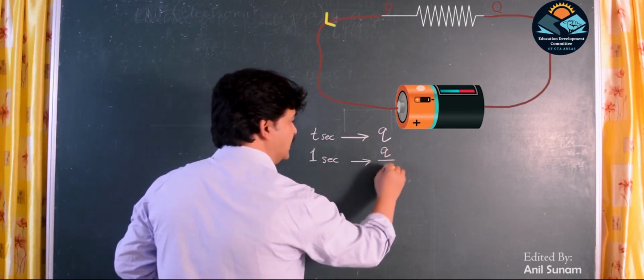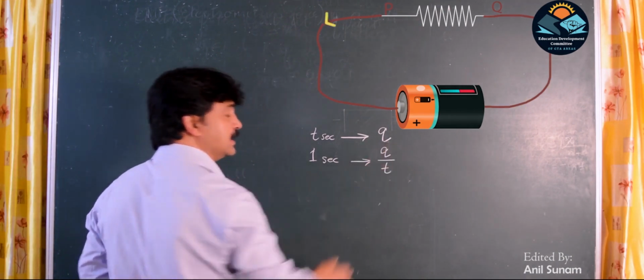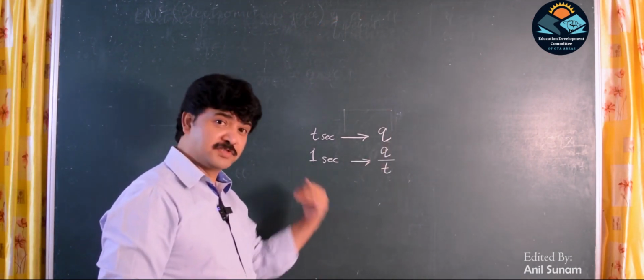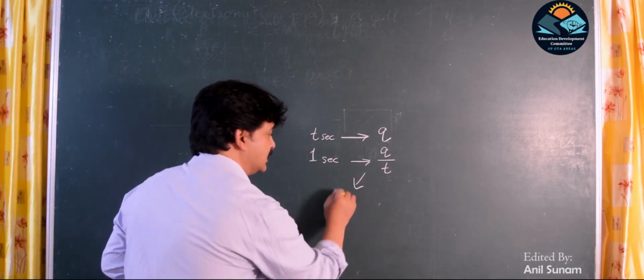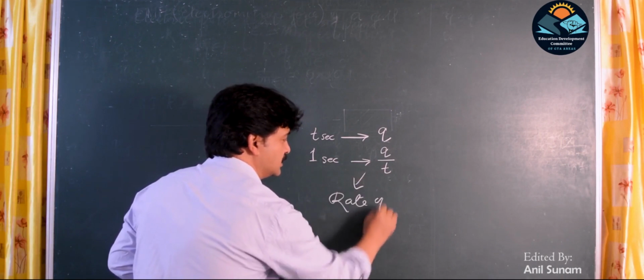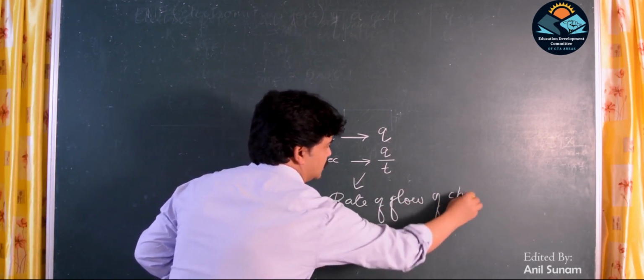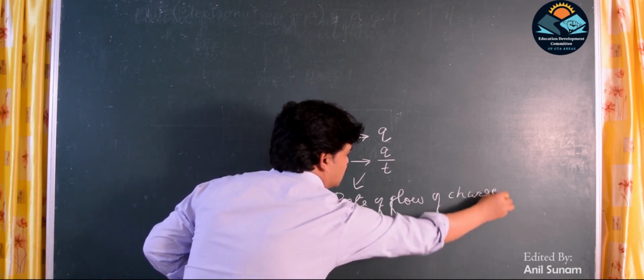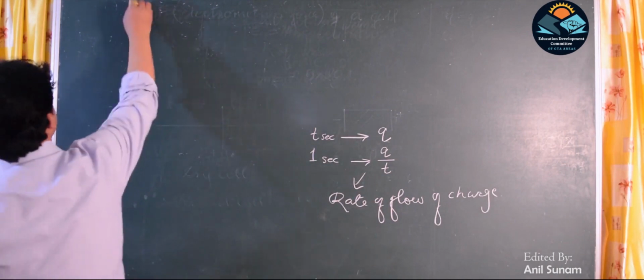So it's Q by T. This is the amount of charges that will flow in 1 second. And isn't this the rate of flow of charge? Rate of flow of charge. This rate of flow of charge is known as